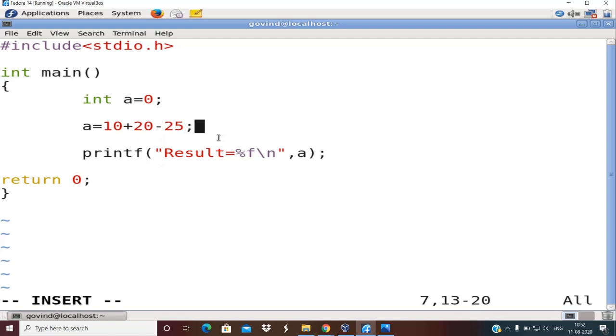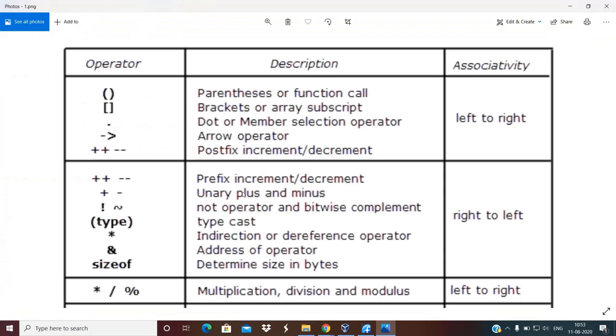Now how do we evaluate this expression? If you observe, how many categories of operators are there? There are two categories. One is the arithmetic operators, which are plus, minus, star, division and mod. In this case we have used only two, plus and minus, and the second is the assignment operator. To evaluate this, I need to refer to this chart.